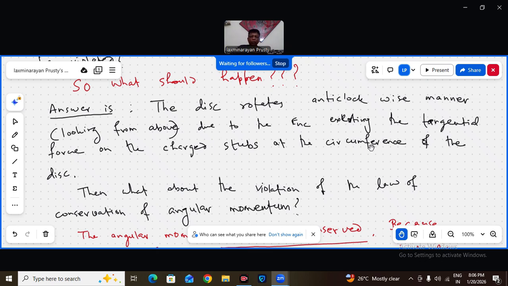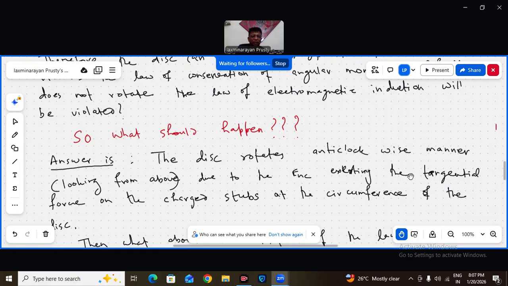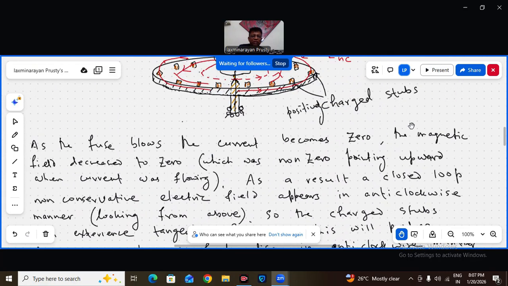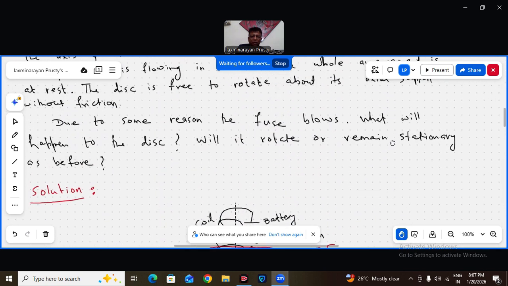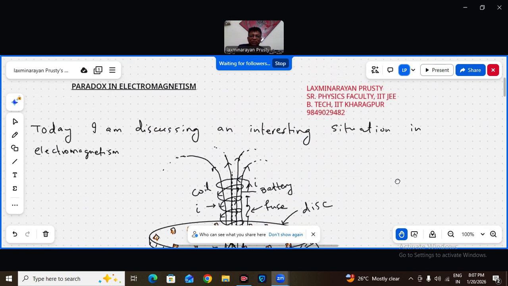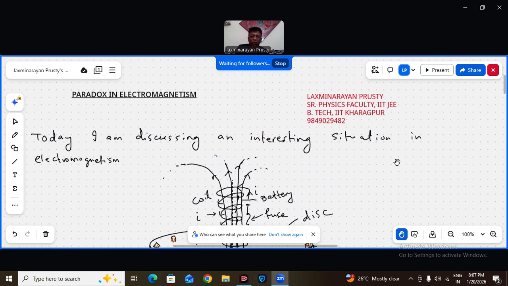Okay, and together both of them, the vector sum of Le bar plus Lm bar, will remain conserved in absence of external interference or external torque. That's it. Is it interesting? So you have understood a new concept. It's not a paradox, it is a law that looks like a paradox. As I told you, there cannot be any paradox in physics.